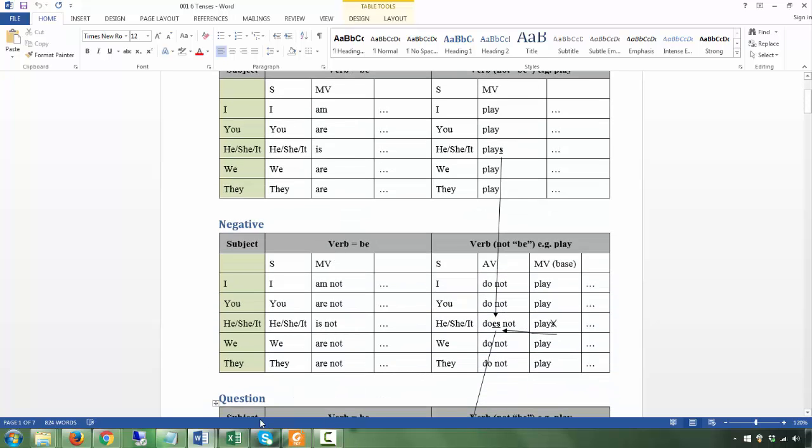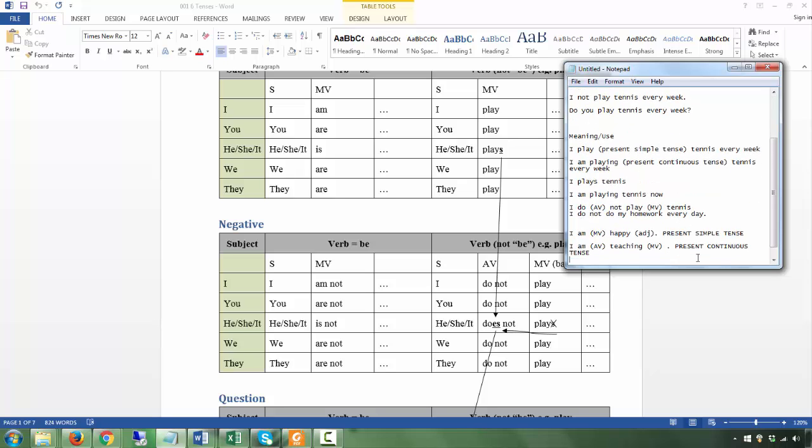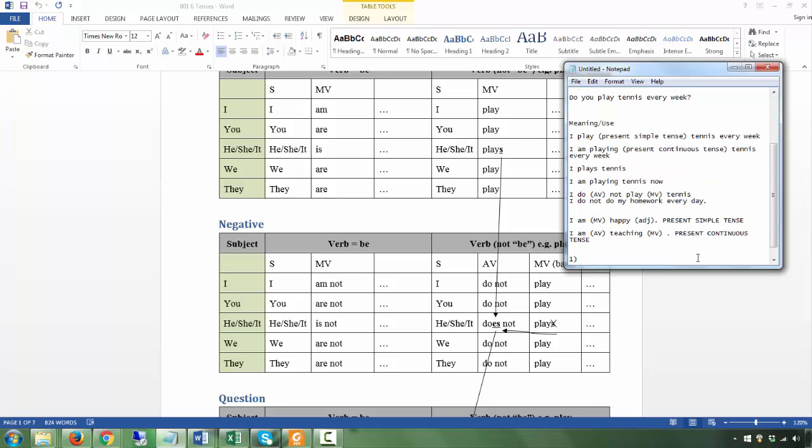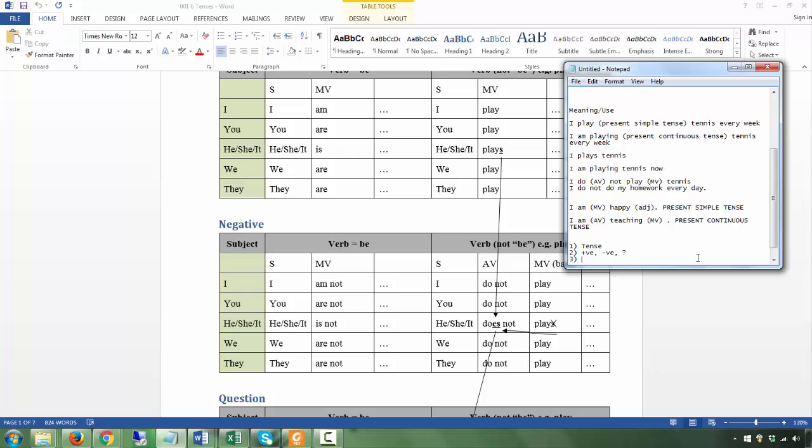This is a way I teach my students sometimes, using this little chart table I have. Ask a few questions. Number one, firstly, you need to know what tense. Because you know the different meanings of the tenses. Like I said, present simple tense is something that happens regularly. Once you've found the tense, if you go to present simple now, ask yourself, are we talking about positive, negative, or question? Am I writing a sentence in a positive, negative, or question? Okay. Third,